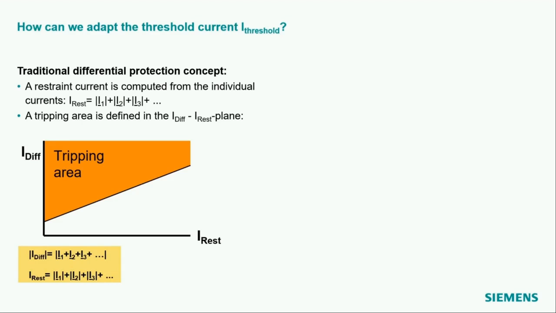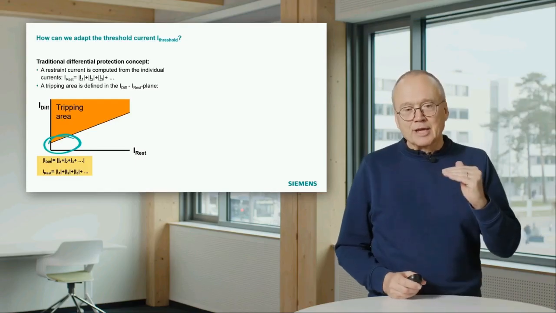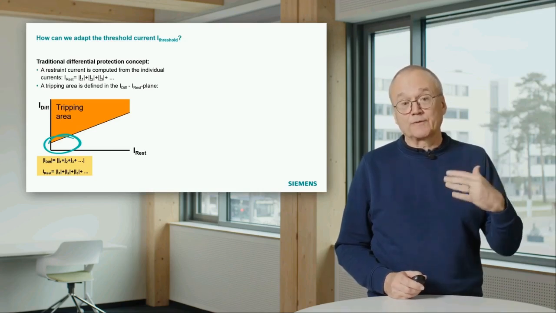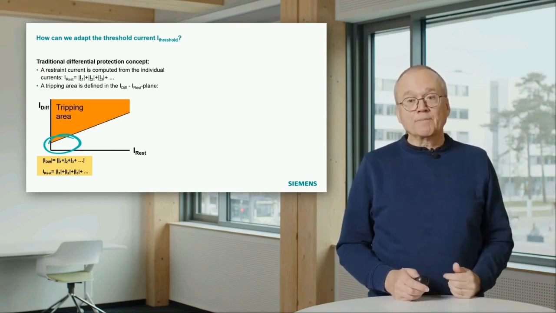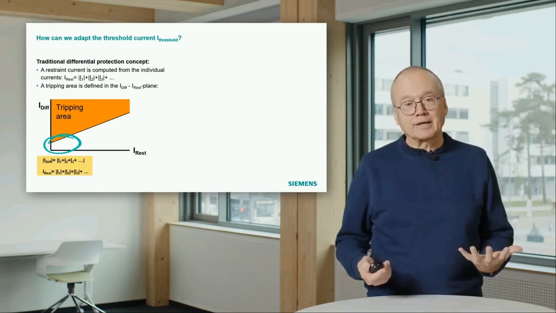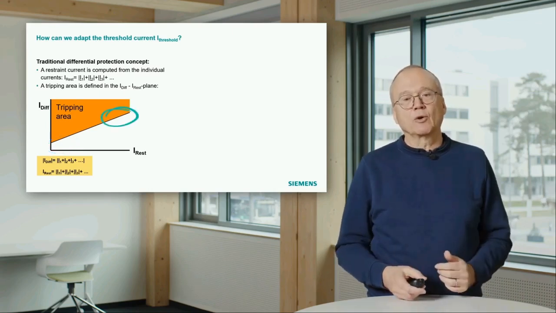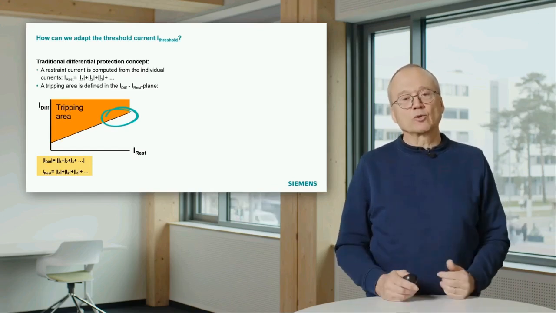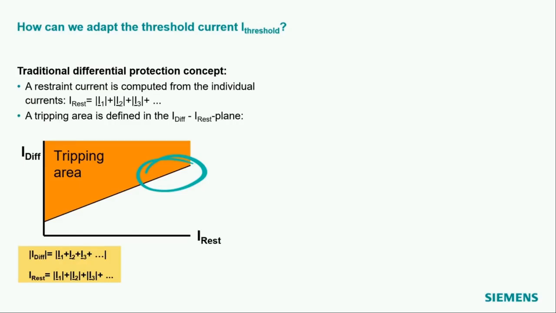And that means as long as you have low currents flowing, that means the restraint current is low, then the limit where the tripping area begins, this threshold value, is lower. And if you have high currents flowing, think about our through fault, then the limit where we do the tripping is higher. So that is just given by this